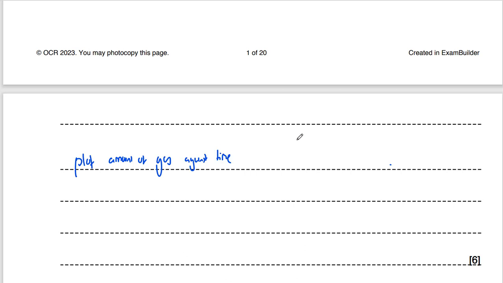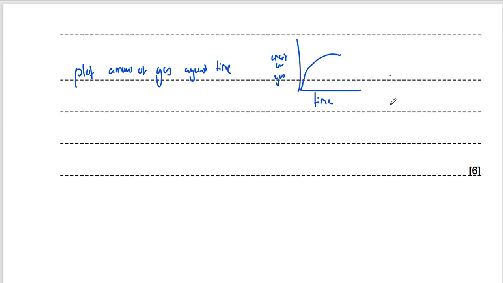You can draw it out if you want. You just do a graph, put amount of gas and time. You get a graph that looks like this almost certainly. You haven't got to draw it, by the way, but it's just showing plot amount of gas against time